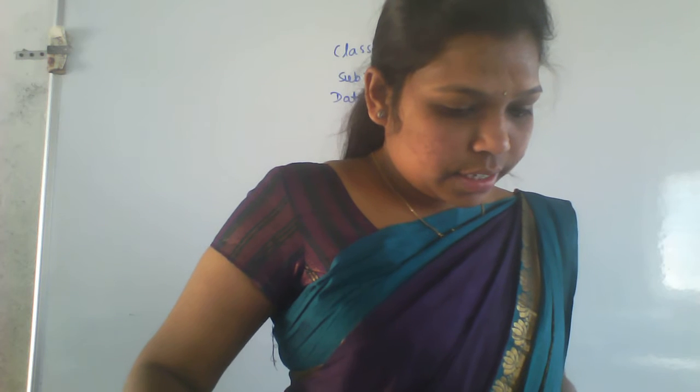So, in the last class, we discussed exercise number 4.1, right? In 4.4, up to which main I completed, that is the second main. Arrange the fractions in ascending order. How to do that? Ascending order, I told. Ascending order is nothing but the smallest to biggest number you have to write. And before writing the smallest to biggest, the denominator should be the same. So for that reason, we have to take the LCM of those numbers and multiply, and we can write the ascending order of the numbers, right?